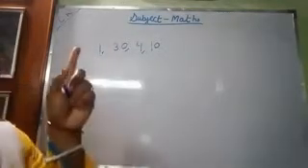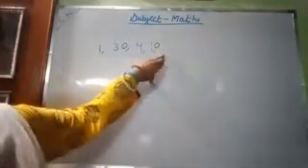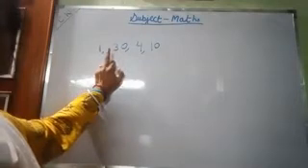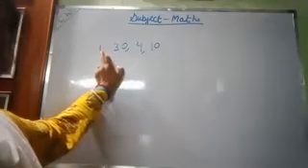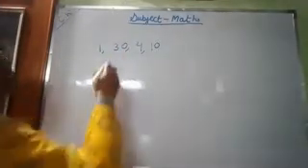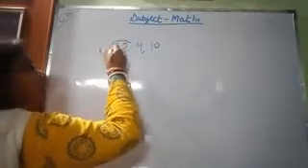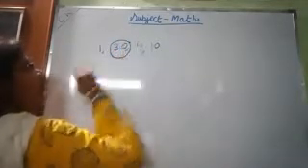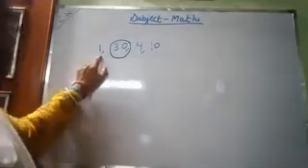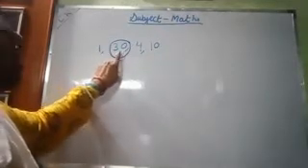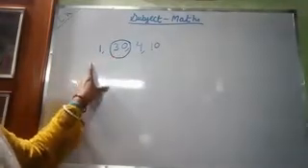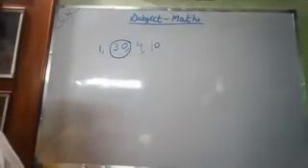See, 1 is only 1. Then 4, then 10. The number 30 is the bigger number here. So we will circle this bigger number. Okay. And which is the smaller number? This one. 1 is the smaller number and 30 is the bigger number. From bigger and smaller only, you can do greater than and less than.